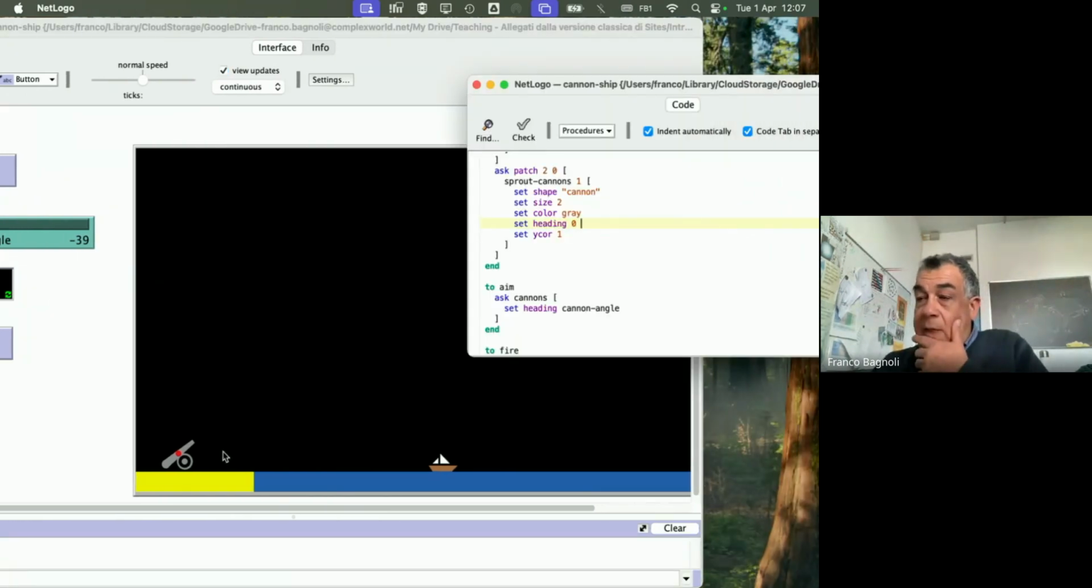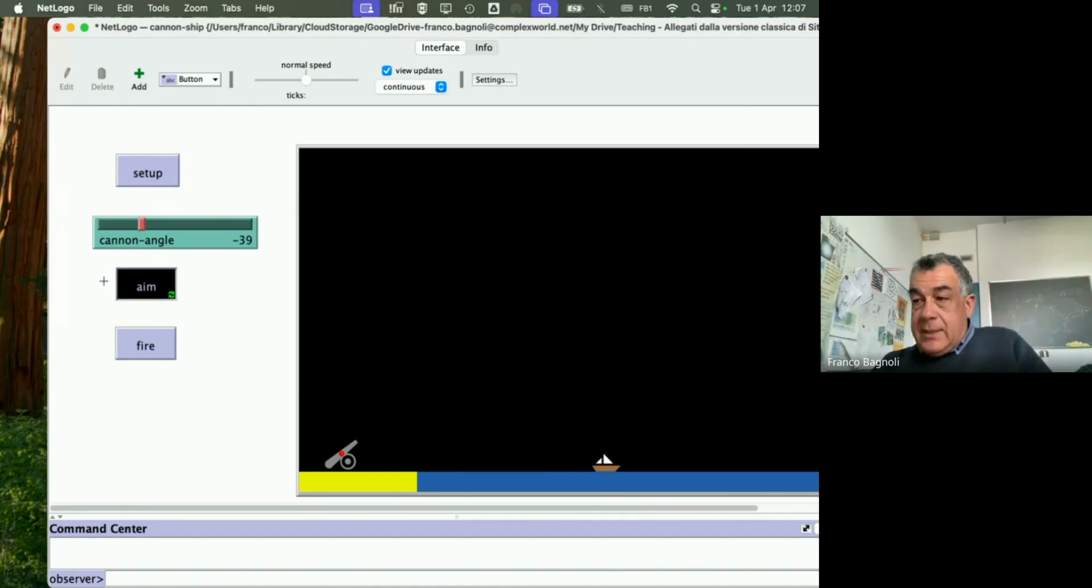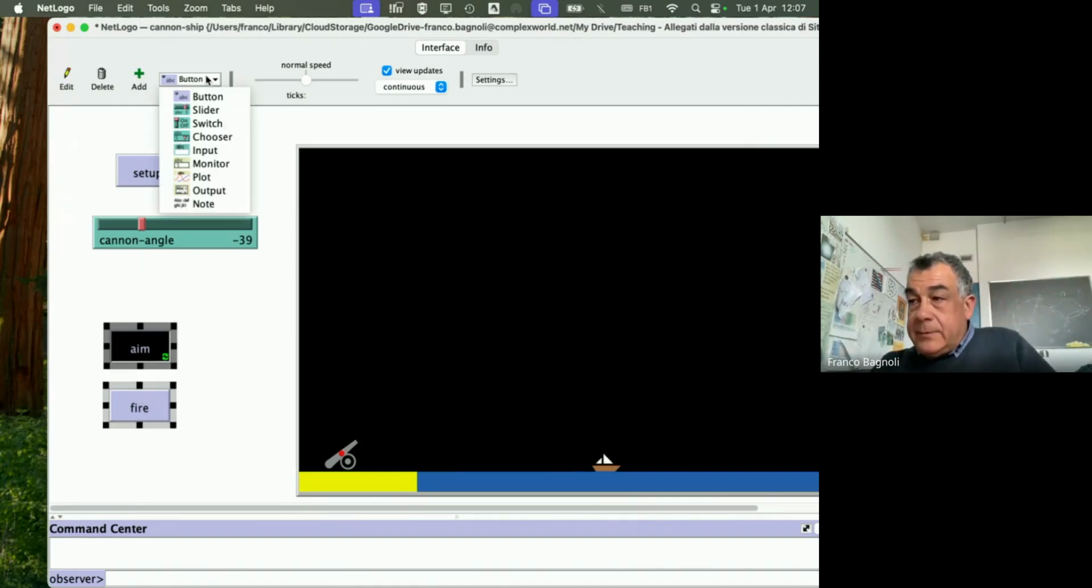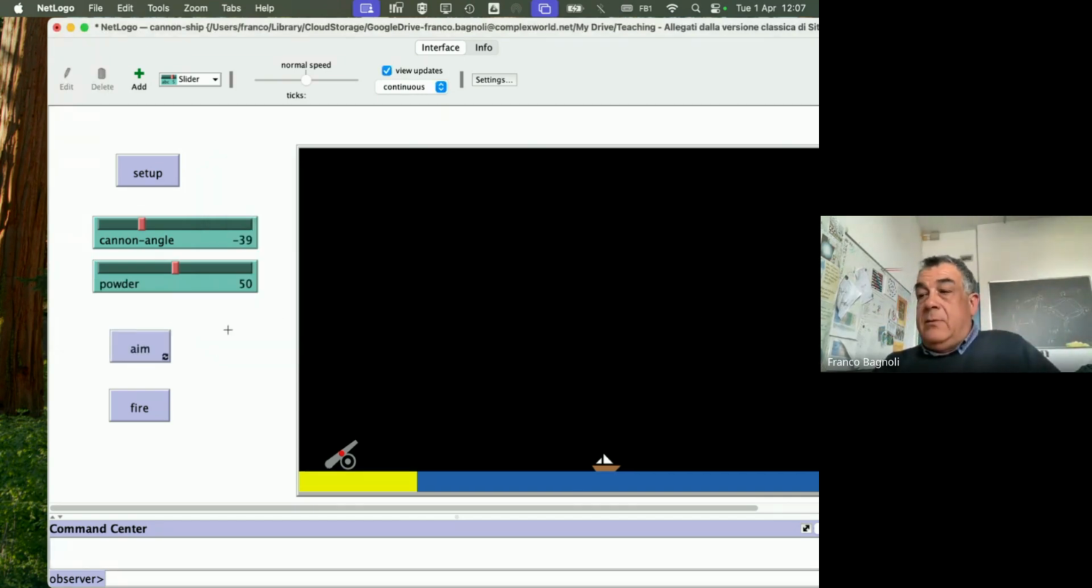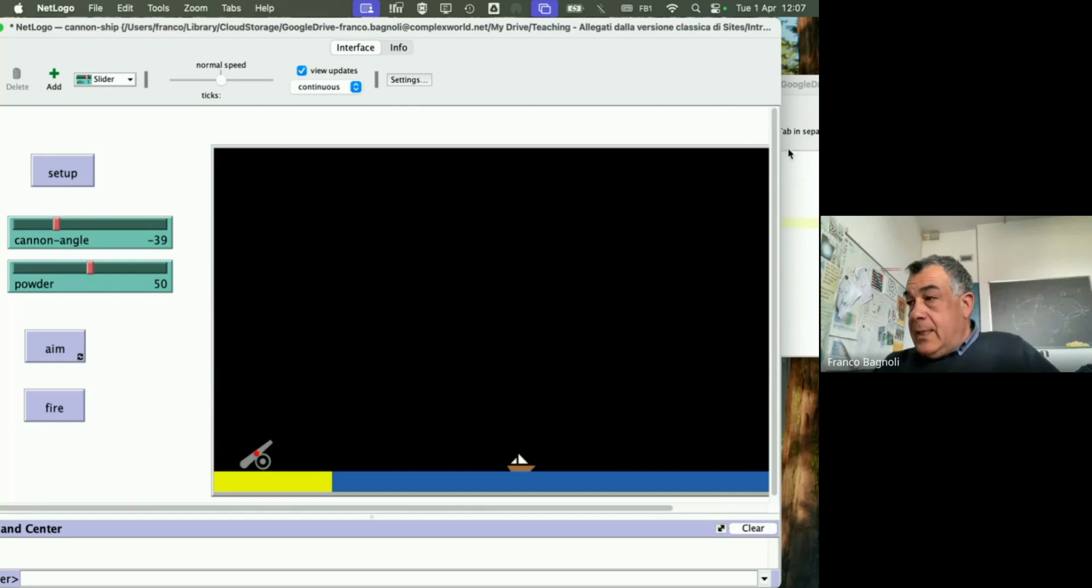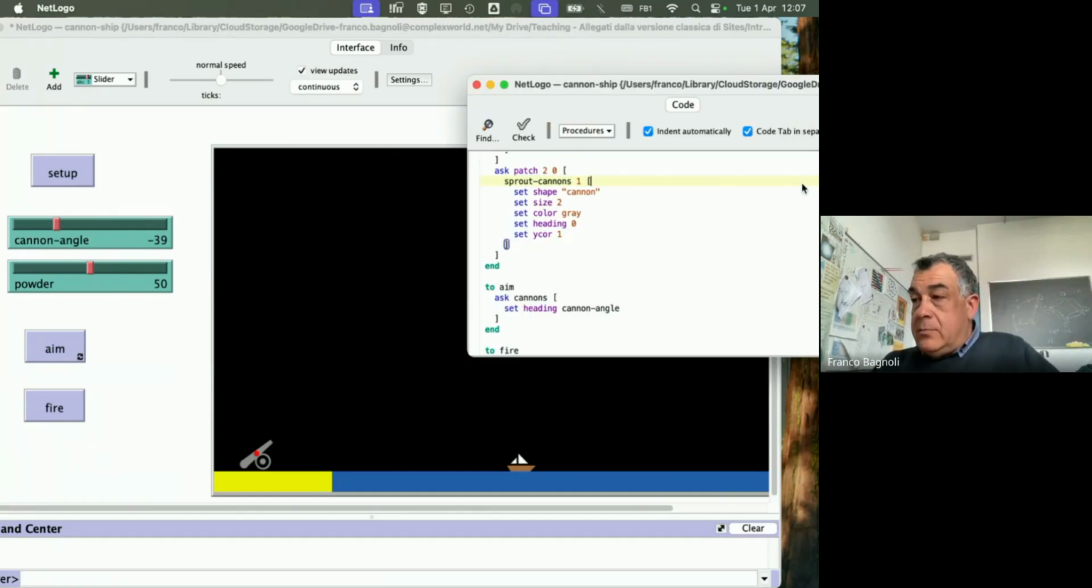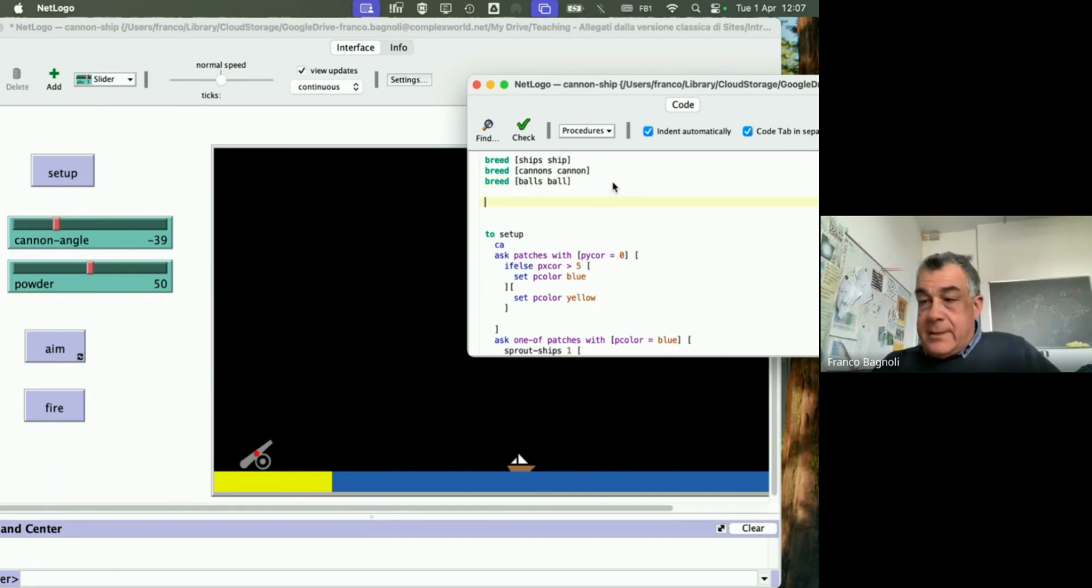Then we have to ask the ball to make a certain trajectory. Clearly, we have also to set up the initial speed, which is, say, the amount of powder. So we can make another powder like this, say from 0 to 100, I don't know which is. So this is the amount of powder to be put into the cannon. And so maybe balls on